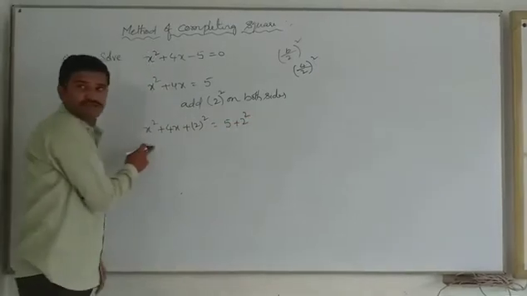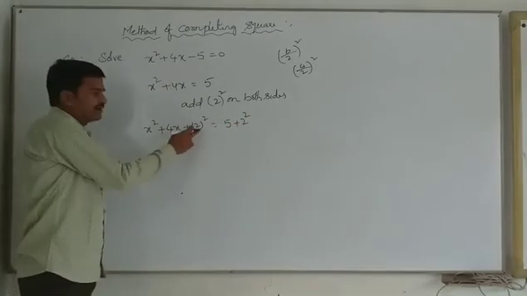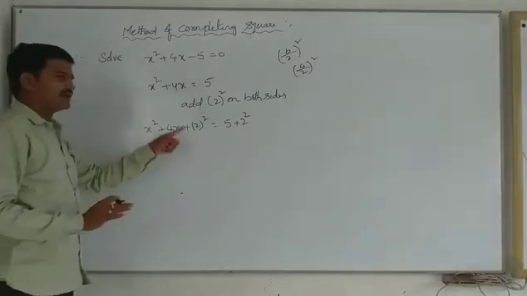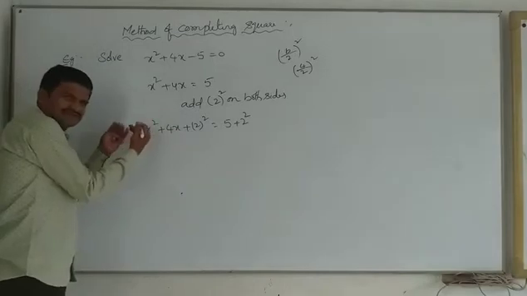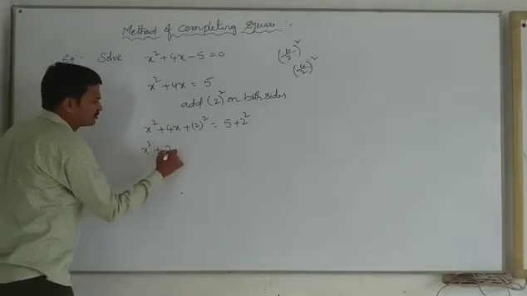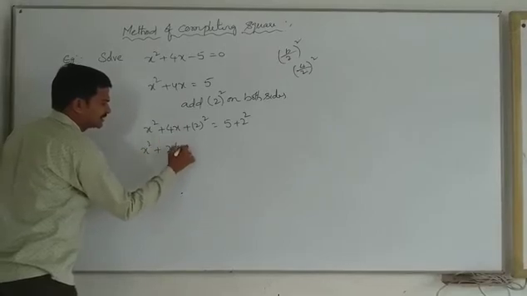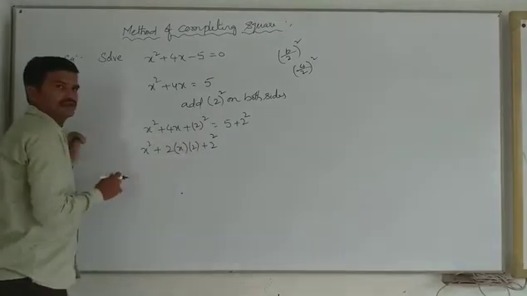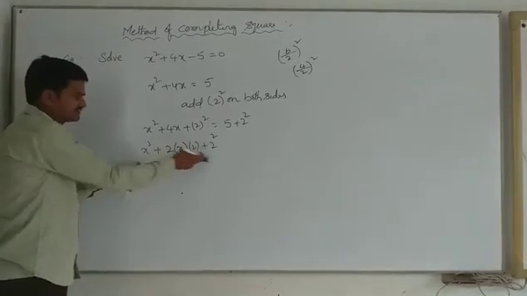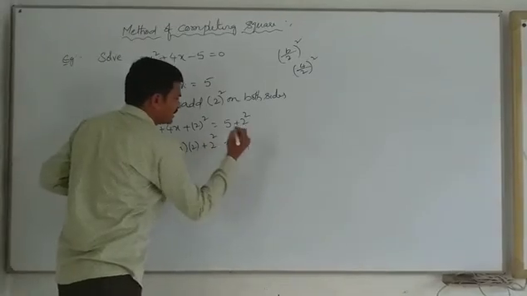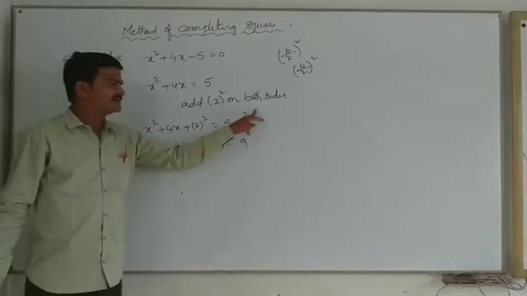Have you all understood this step? How we are getting this term? That is simple. And now look here, all of you. A slight small change I am doing here: x square plus 2 into x into 2 plus 2 square, I am writing. Any problem? Because this is equal to this only. Equals to how much? 9. 2 square means 4 only.